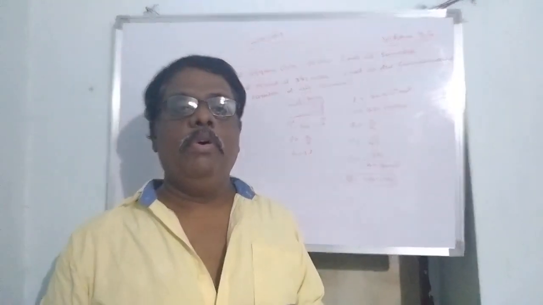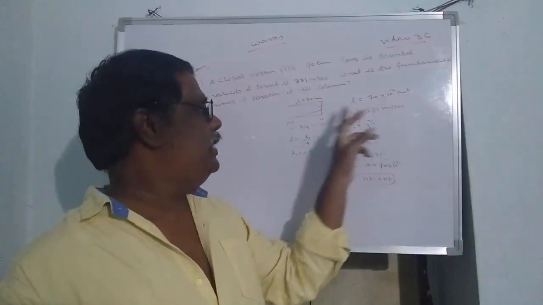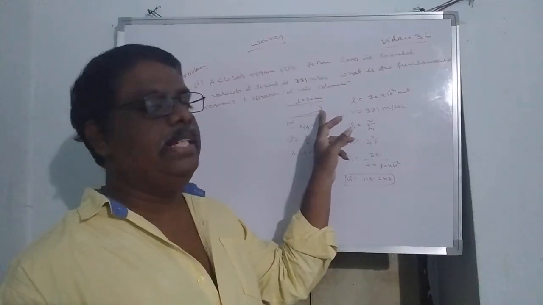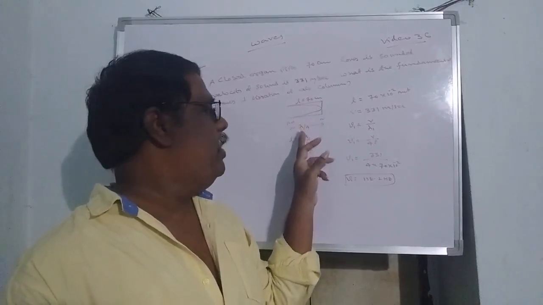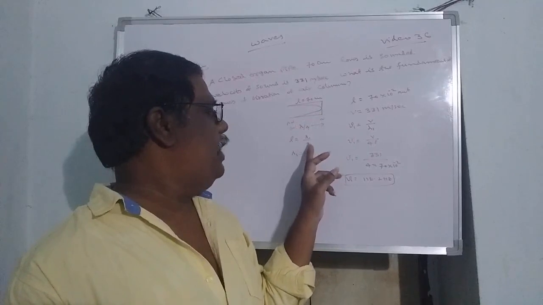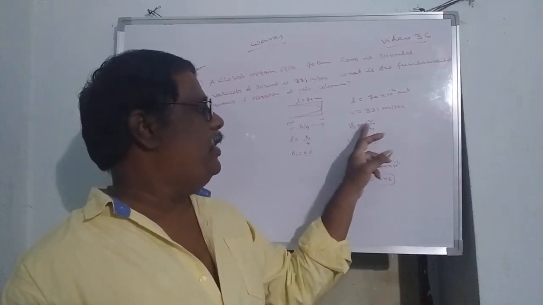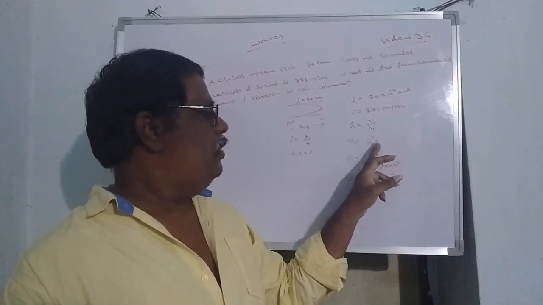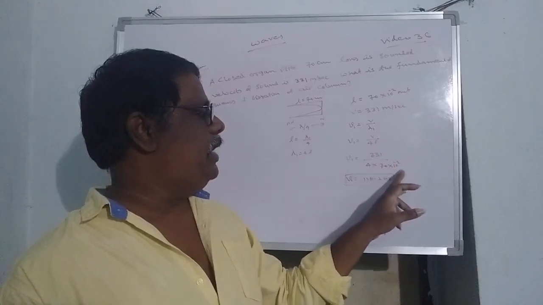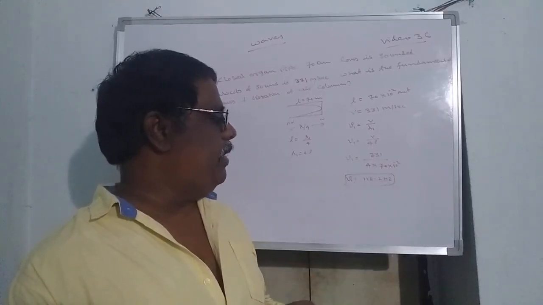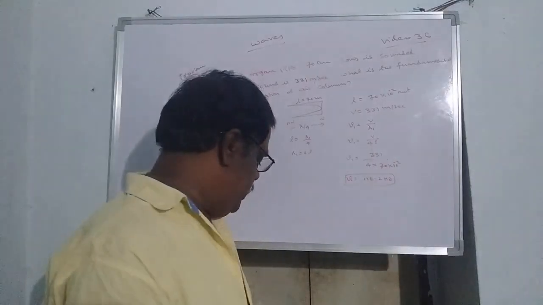So in case of a closed pipe, the length 70 centimeter will be converted into meters. The fundamental harmonic will consist of one node and antinode, that means 1 by 4th of the air column. So L is equal to lambda 1 by 4, lambda 1 is equal to 4L. We know that mu1 is equal to V by lambda 1. V value is 331, and lambda 1 value is 4L, 4 into 70 into 10 power minus 2. On simplifying we get fundamental frequency equal to 118.2 Hz.